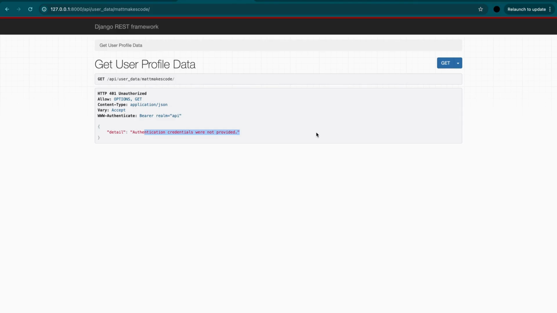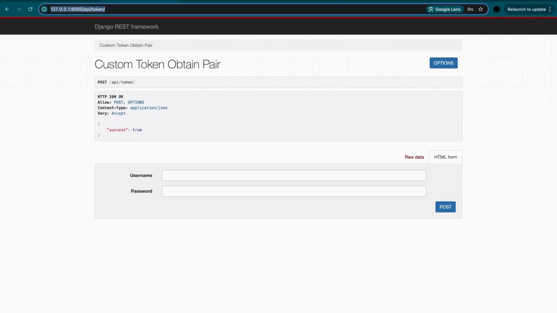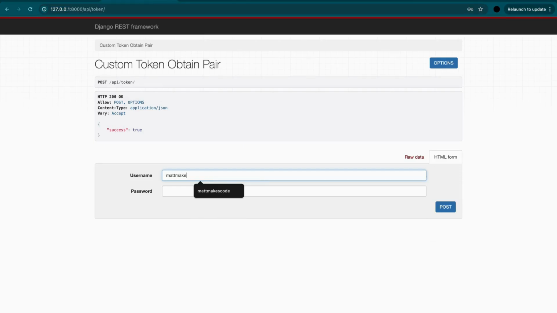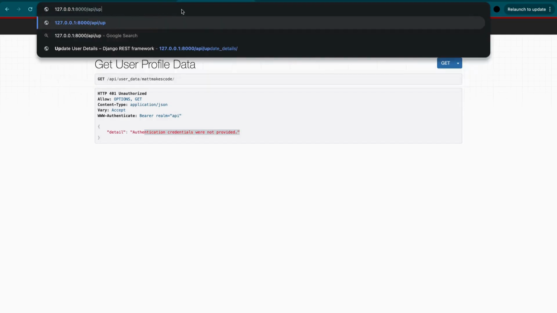Now we want to update our details. So if I go to our other API, which we called update_user, we need to log in again, as we're going to be updating the logged in user's details. So success is true. Now if we do update_user,